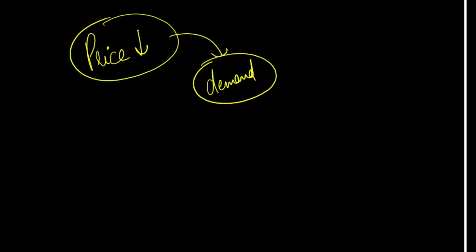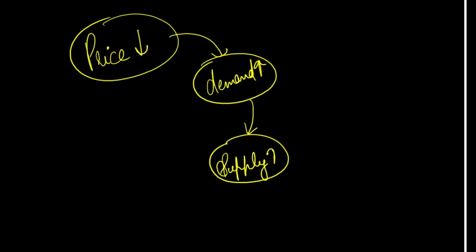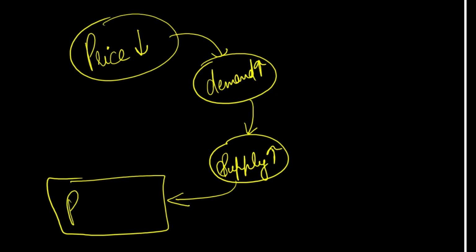So let's make a flowchart of it. Price decreased, demand increase, supply increase. It will result in decrease in price,